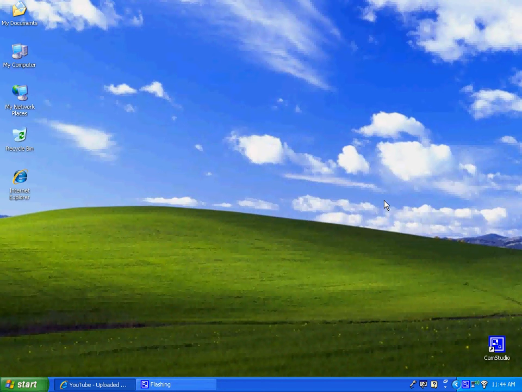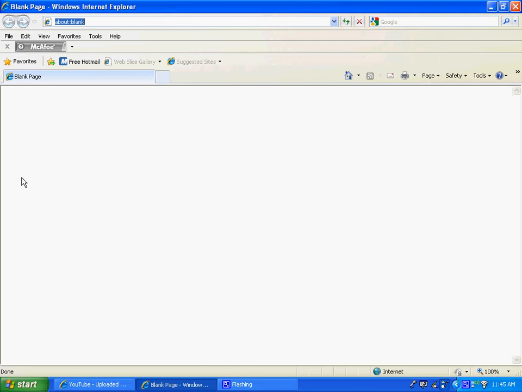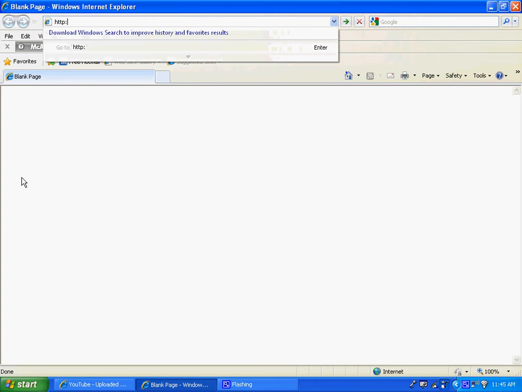Okay, I just wanted to go over some of the ins and outs of the MrCross.org website, along with the MrCross.org online classroom, and kind of show you how they work and how they're the same and how they're different. First of all, click on an Internet Explorer window, and then you're going to type in the address of http